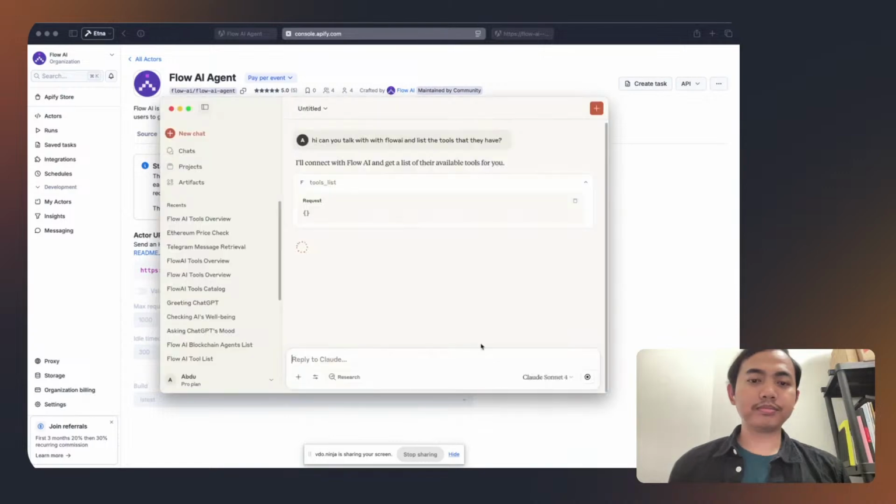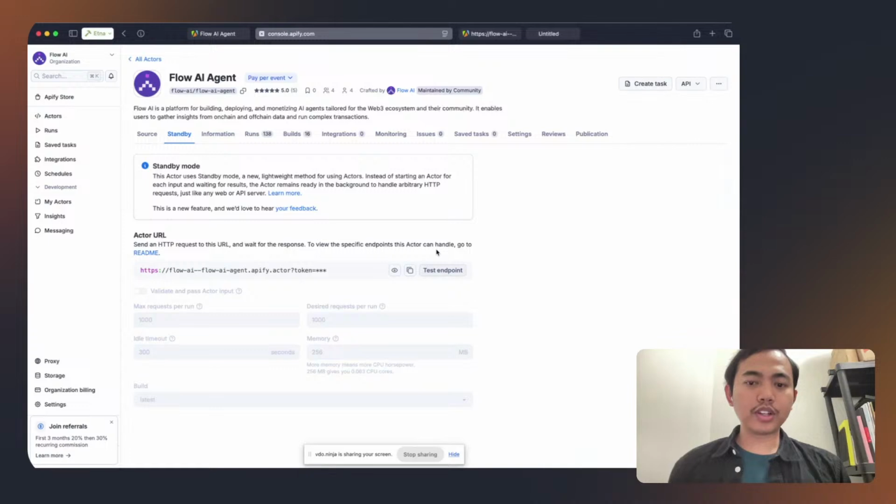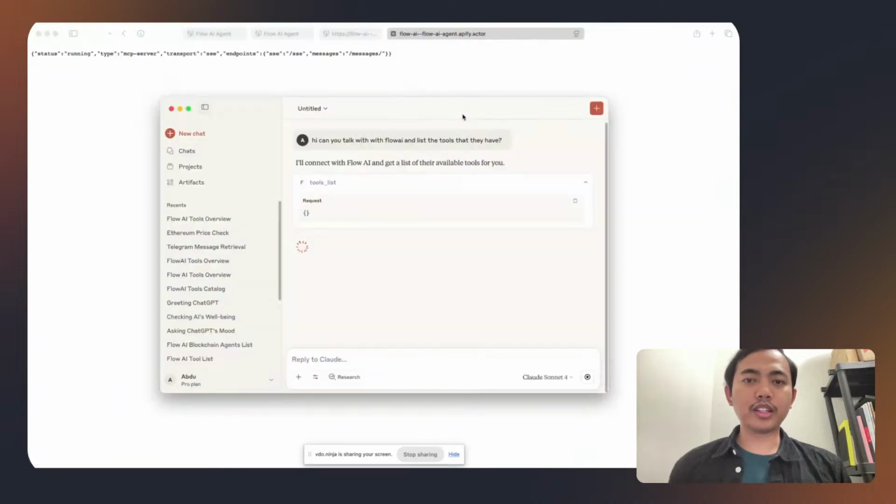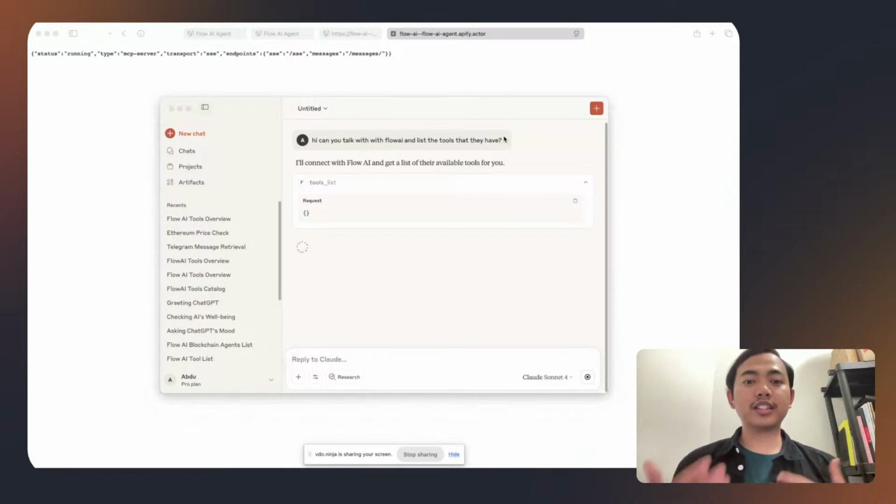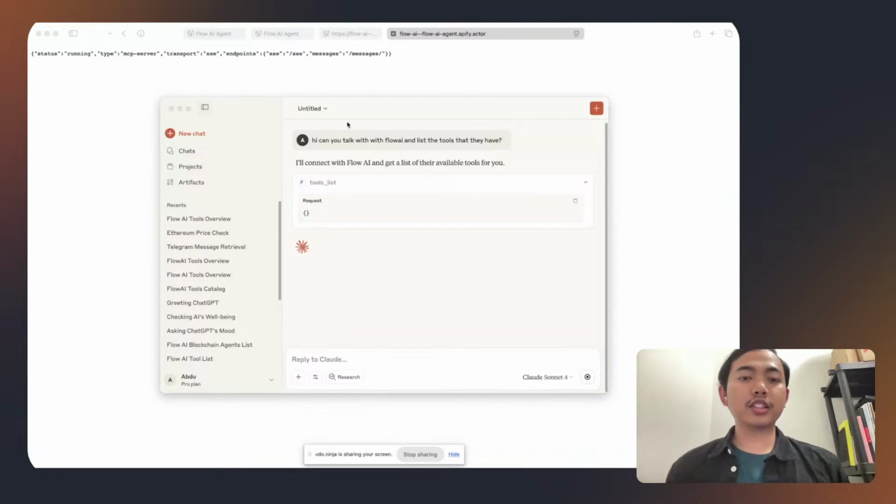Usually it is very fast. I don't know why it's slow today. Is it because I changed the token and everything? Maybe. Okay, if it's not working, we can restart the cloud itself. Usually that's what I do if there is any issue with MCP. But in the ideal case, it should be working smoothly. So this is just an exceptional case where there is some issue with my computer, but usually this works perfectly.